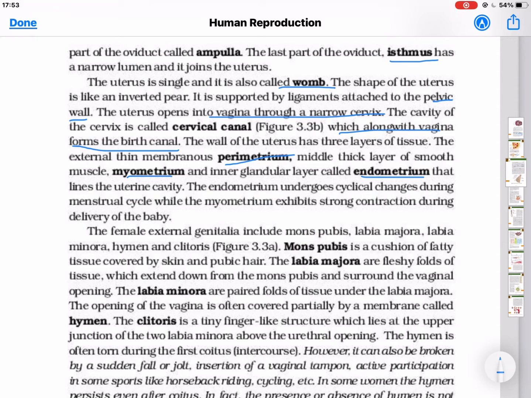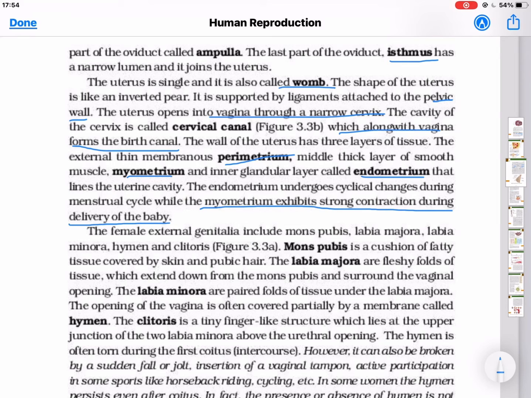The endometrium undergoes cyclic changes during menstrual cycle while the myometrium exhibits strong contraction during delivery of the baby. Menstrual cycle के टाइम में एंडोमेट्रियम में बहुत सी चेंजेस आती हैं, वो शेड होती है। मायोमेट्रियम हेल्प करती है बेबी की डिलीवरी के टाइम में, उसमें कॉन्ट्रैक्शंस प्रोड्यूस करती है ताकि जिससे कि बेबी पुश होकर बाहर आ सके।